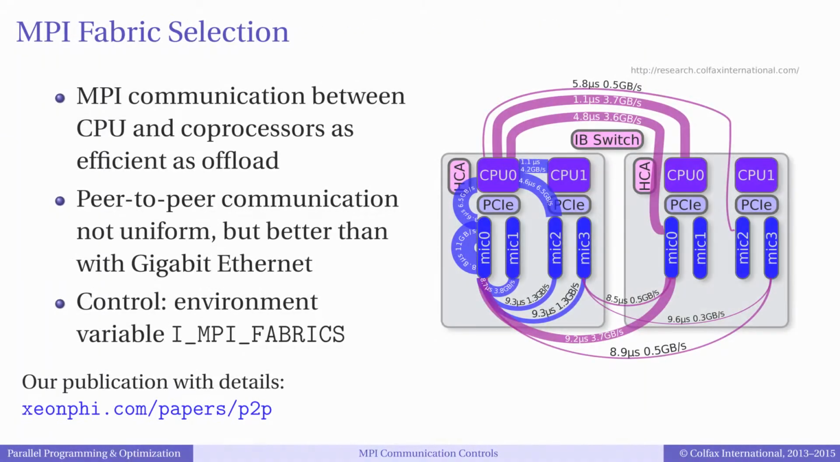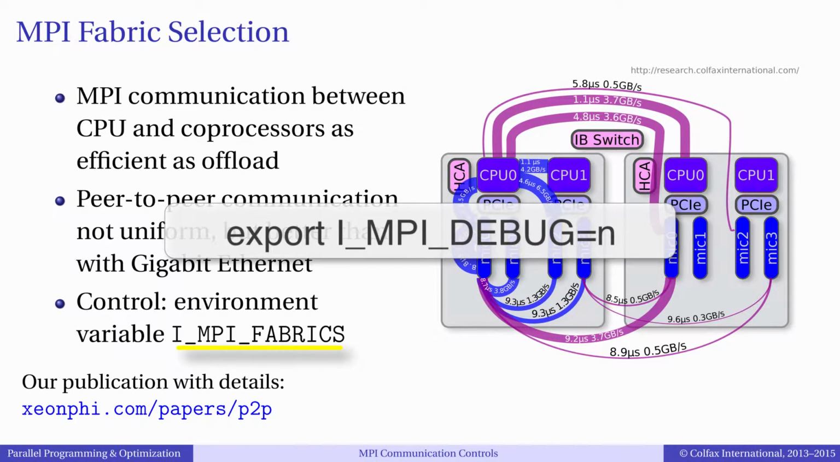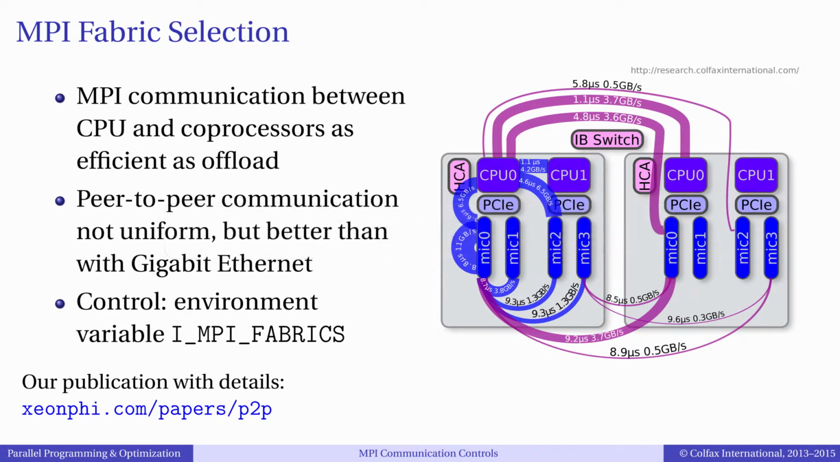Even though communication between coprocessors may work seamlessly, you as the programmer must make sure that MPI is using the InfiniBand fabric if it is available. The key environment variable for selecting communication fabric between coprocessors in Intel MPI is I_MPI_FABRICS, and you can use the variable I_MPI_DEBUG to diagnose the fabric usage. See the Colfax research publication about this at the URL xeonphi.com/papers/p2p. Another important consideration is that when you use several Intel Xeon Phi coprocessors per node, they all share the